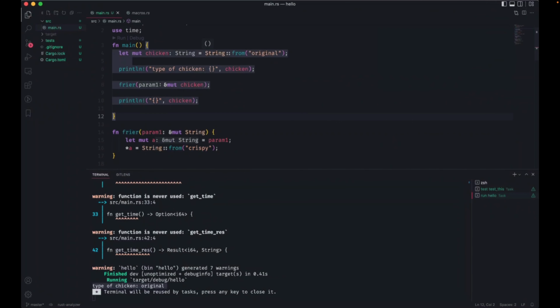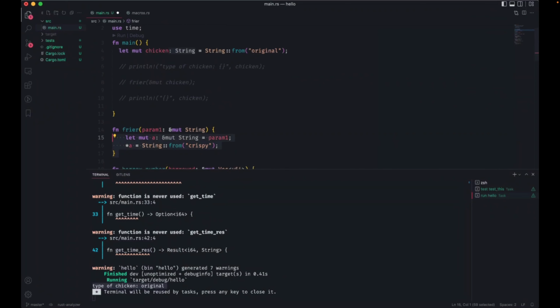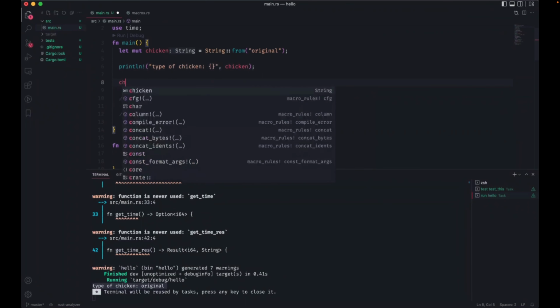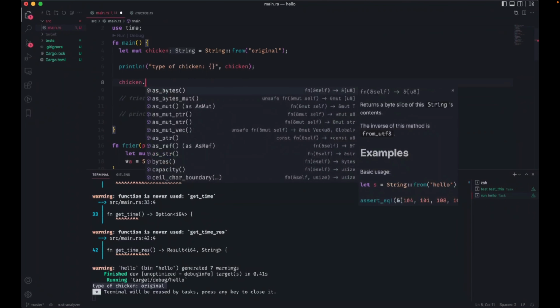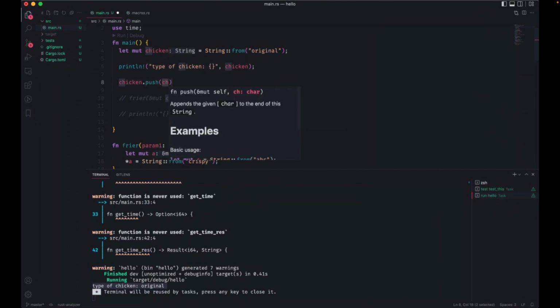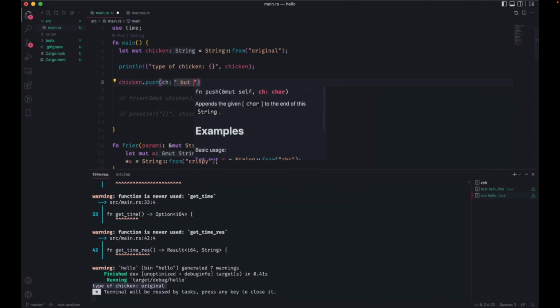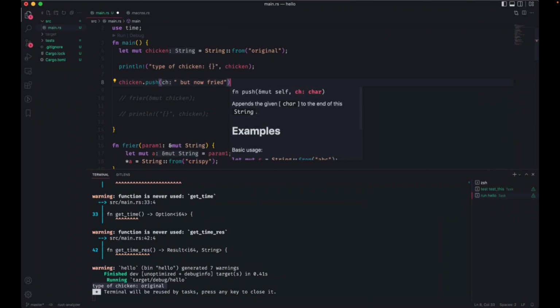So I've created this thing in memory, this string. I got the original type of chicken, and now in the scope, I want to push some characters, and I'm going to say original, but now fried.